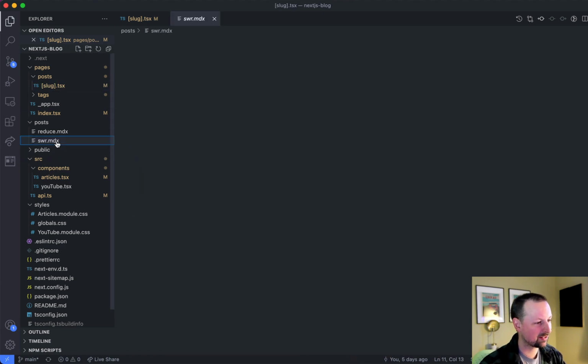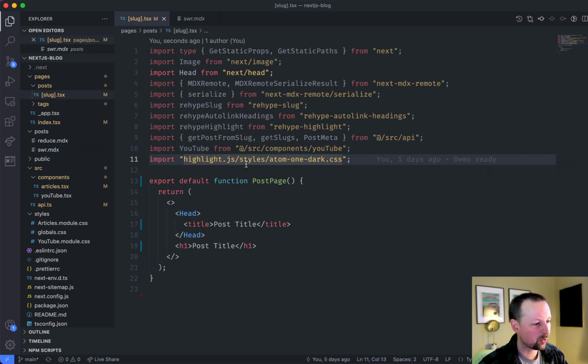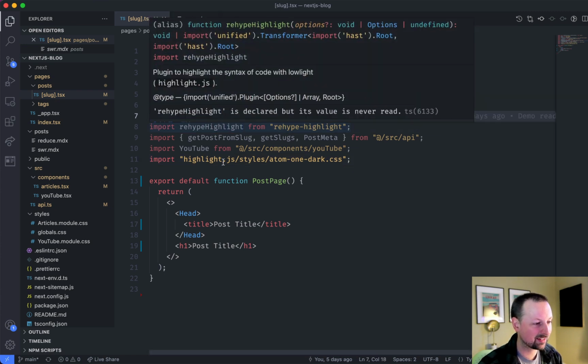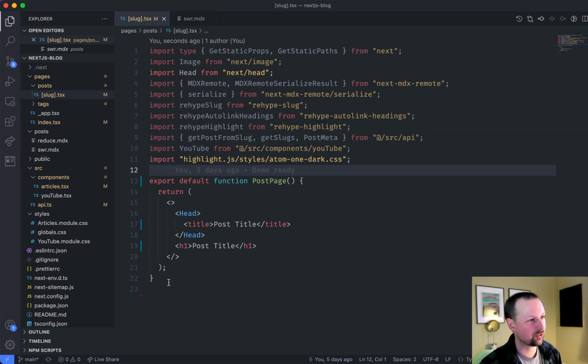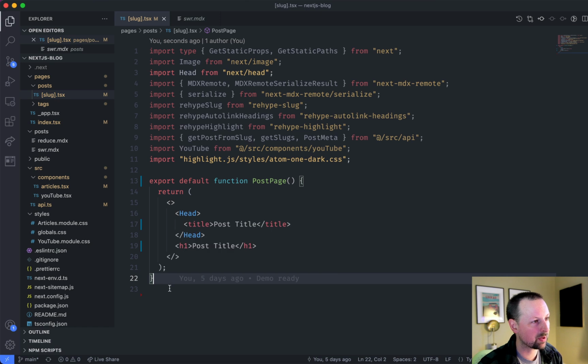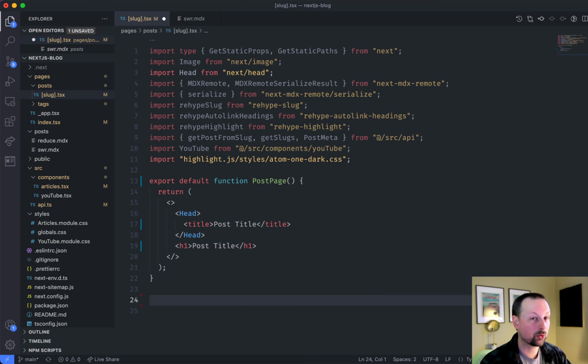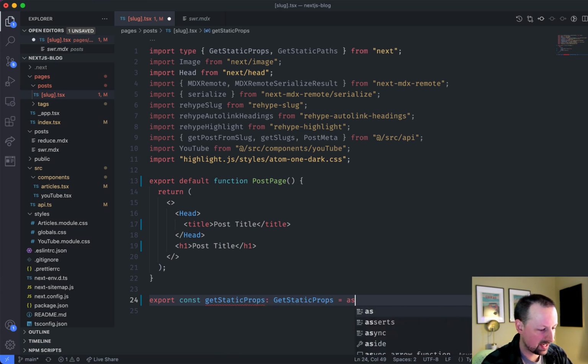We're basically taking this Markdown file and parsing it and applying a bunch of plugins to it to get code highlighting, to get auto-linking headings, and so I think it will be interesting. We're going to start with that same function we used on the home page, getStaticProps, because we're building these pages statically at build time. So we're going to say export const getStaticProps, and this one we're applying a type of GetStaticProps, and it will be an async function